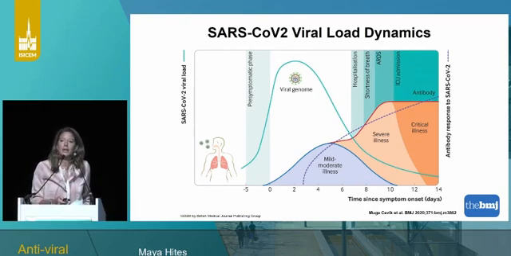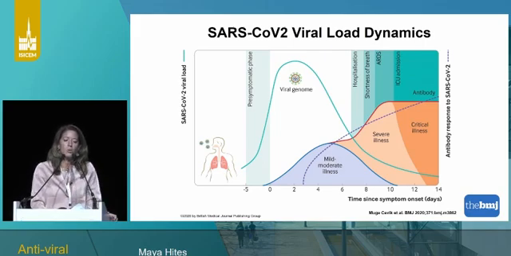So those are my disclosures, and if I'm talking about antiviral treatment, it's important that we talk about viral load dynamics as well. I think that many of you are very familiar with this schematic diagram of the SARS-CoV-2 infection, where we have the individual that gets infected, the viral load increases over time to reach a peak, and then it decreases. Most patients are going to present mild to moderate illness, but there is going to be a subgroup of patients that are going to evolve to severe illness and critical illness.